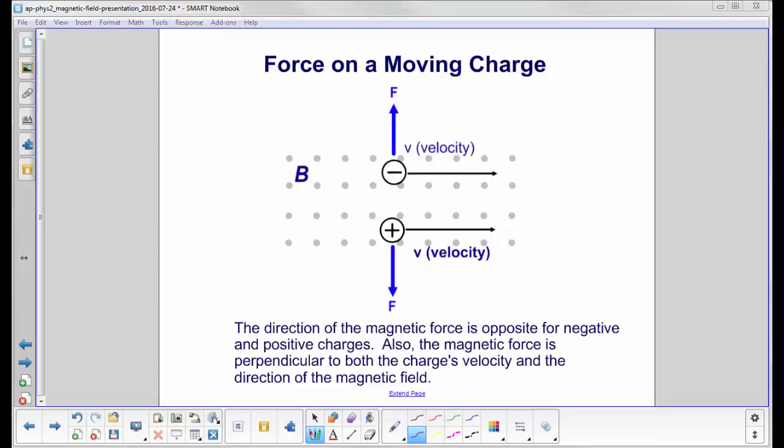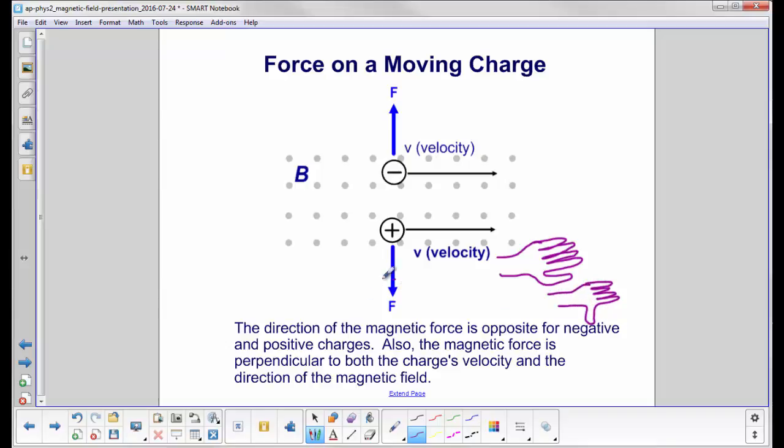It will take some practice to get your right hand in the right direction for these problems. But here we have a positive charge going this way and the field is coming out of the board. So I already know what to do on this one, so just bear with me. There's your hand, and you've got your thumb over there, and this is the palm of your hand, so the fingernails are on the other side. You'll want to curl your four fingers into the direction of the magnetic field, which is out of the page, and then move your thumb perpendicular. So what you're going to have, your four fingers like that, and then you're going to extend your thumb out like this,